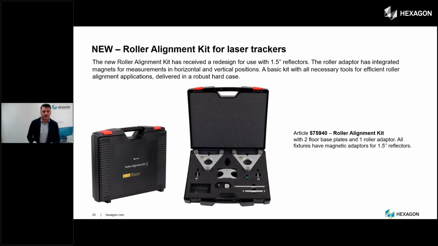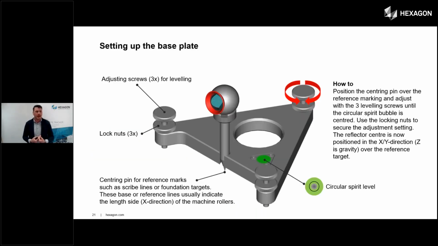So in this box we have the base plate with a circular spirit and 3 adjustable screws. So we mount actually this pin then to the mark on the floor